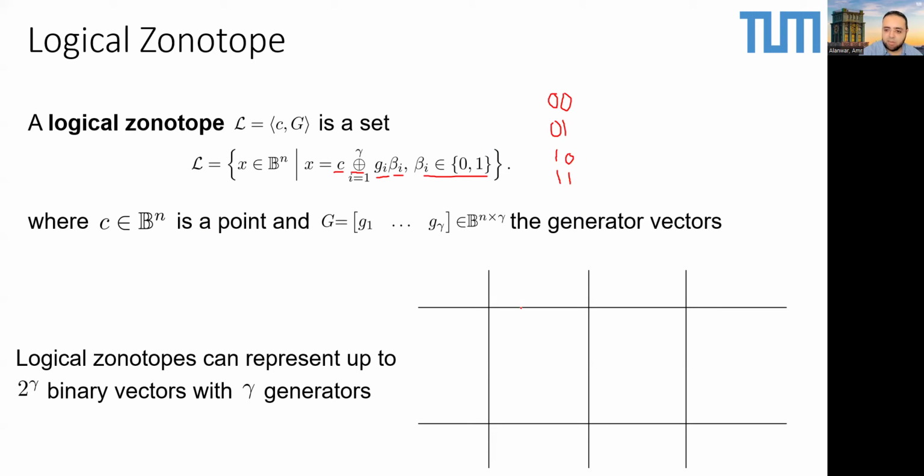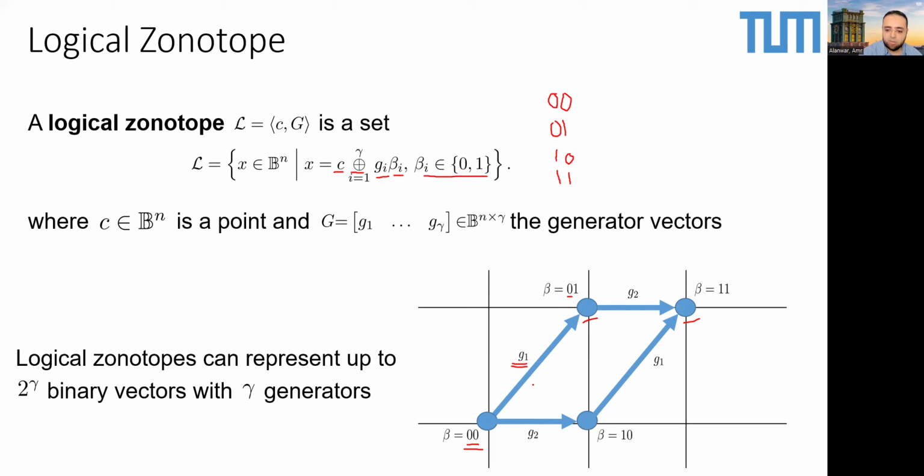So if you have two generators, as I have said, you will start with beta 0, 0, and we will have a single point. And then we turn on the first generator by having the beta as 0, 1, as the 1 is ANDed with the first generator and the 0 is ANDed with the second generator. So we are turning on the first generator. And then we turn on the second generator by having the beta 1, 0. And then we turn on both generators by having the beta 1, 1. So as shown here, we have represented 4 points